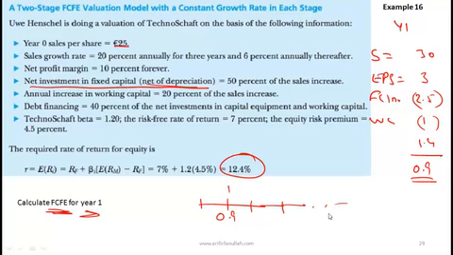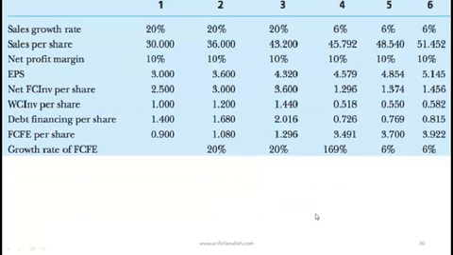You calculate this. Why is this called two-stage? Because for a certain number of years we'll have non-normal growth, and then after that, once we have steady growth, we can use the Gordon growth model. Since you've done that a million times, I don't think there is any value doing that over here, but it is something that you will get on your exam, so make sure you are good. In fact, I've just cut-pasted over here. So if we look at all these numbers,